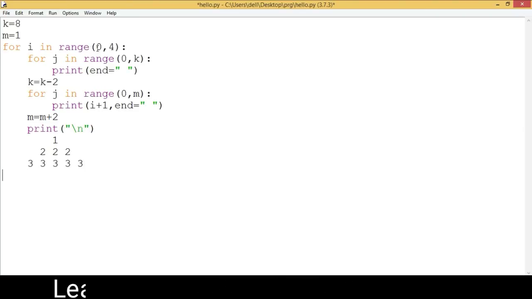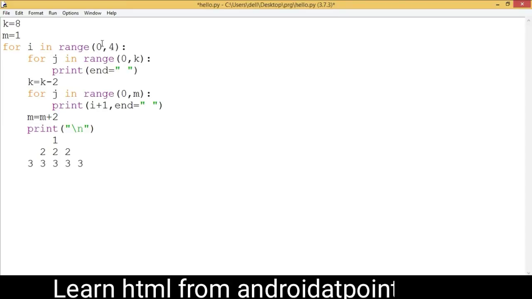Now control comes to the outer loop and increments the value of the lower limit by 1. After increment, the value of the lower limit is 3, assigned into the I variable. Now the value of I is 3. Now control comes here to this inner loop and simply assigns the 0 value as the lower limit and the value of k, which is 2, as the upper limit. This loop will be executed 2 times and print 2 spaces here, 1 and 2.